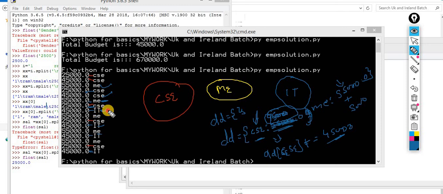Now again I have IT. IT is not available there. The key is not available there. First I have to insert this key. I added this key with 45,000 as it is. In the next iteration, again I get ME. So ME is already there. I have to pick out the previous value. The sum value is, let's suppose, 1,10,000 rupees. To 1,10,000 rupees, I have to add the new value that I got, that is 55,000. This entire process will be completed up to this.